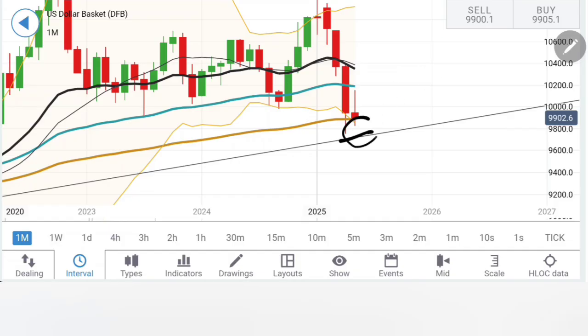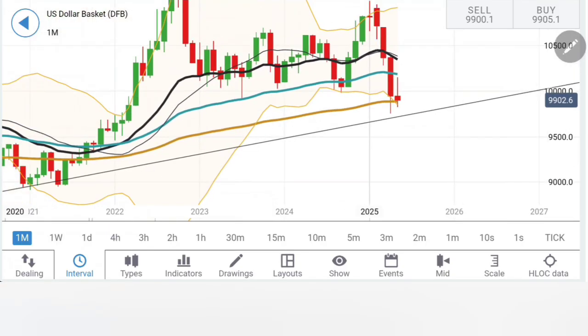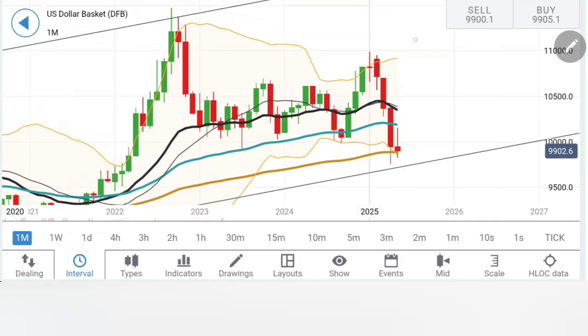You can see a long-term trend line coming in here, and thus this zone between 98 and 97 is something you should watch out for. A drop below 98 and 97 will confirm that it's a breakout, and then the dollar is going to fall sharply. How low? We can in fact expect it to move towards 95 or 92,